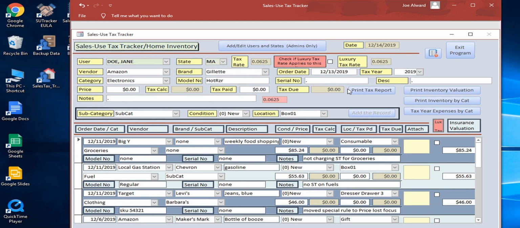Model number is going to be, we'll call it Hot Razor, and we'll give it a serial number, and the description will be Hot Razor kit. Whoops. Let's try that again. Hot Razor starter kit. Jane paid $49.99, and she checked her sales slip and sees that she was charged by Amazon $312 tax, which agrees with the tax calculation